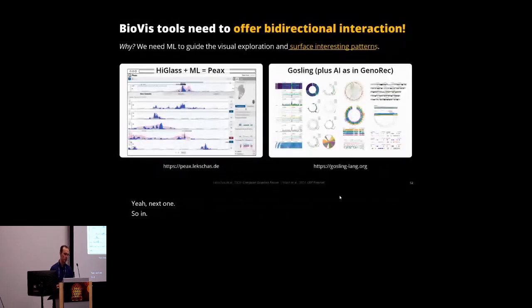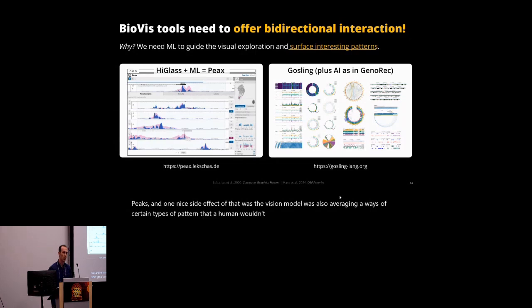Yeah, so one example, for instance, is the left side, the high glass ML peaks kind of stuff. We used a vision model to find peaks. And one nice side effect of that was the vision model was also averaging away certain types of patterns that a human wouldn't see. So in that case, it was nice because it wouldn't pick up patterns that you would otherwise not understand visually. At the same time,